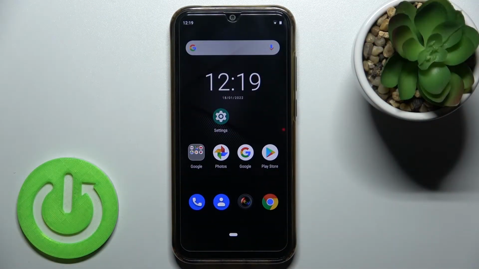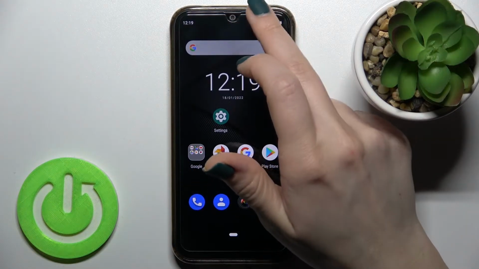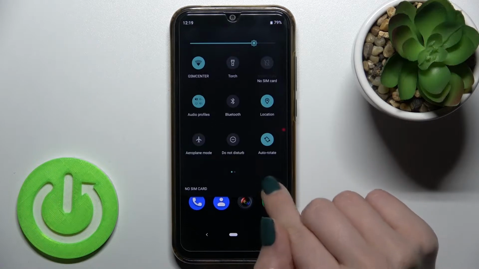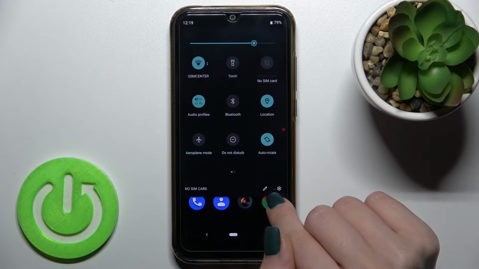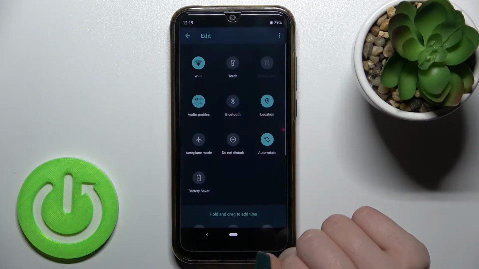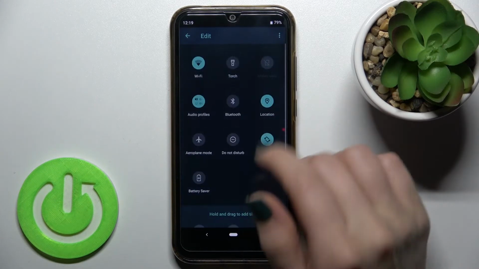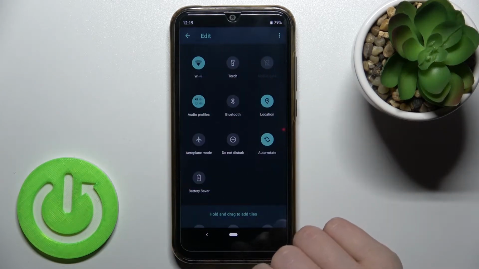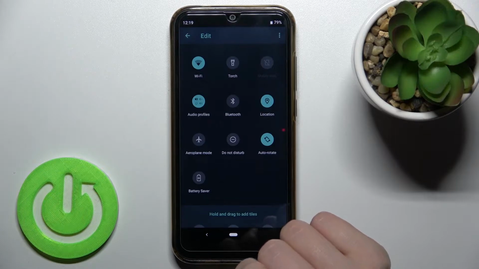Welcome to the in front of me CUBOT R19, and I'll show you how to edit notification panel shortcuts on this device. So first you should open the notification bar, and right there on the right down corner of the top bar you'll see the edit icon. Tap there, and as you can see here we got the up section with the visible